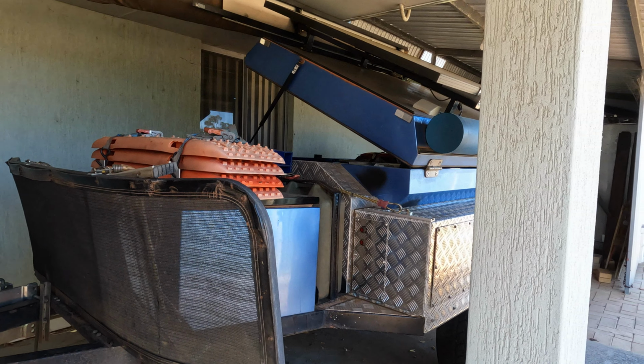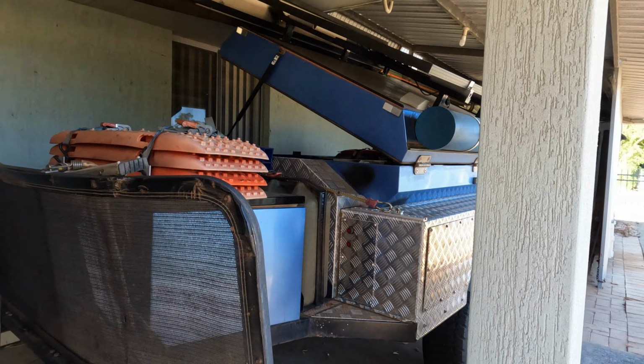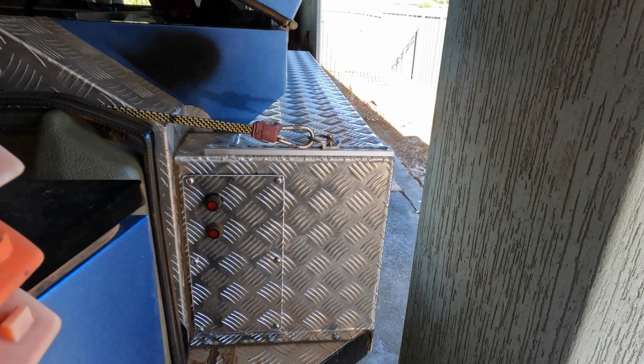Yeah, I talk about that in the video anyway. But look, everything works fantastic. I'm extremely happy with the Oz LED lights. The hot water system, which is in this box here,